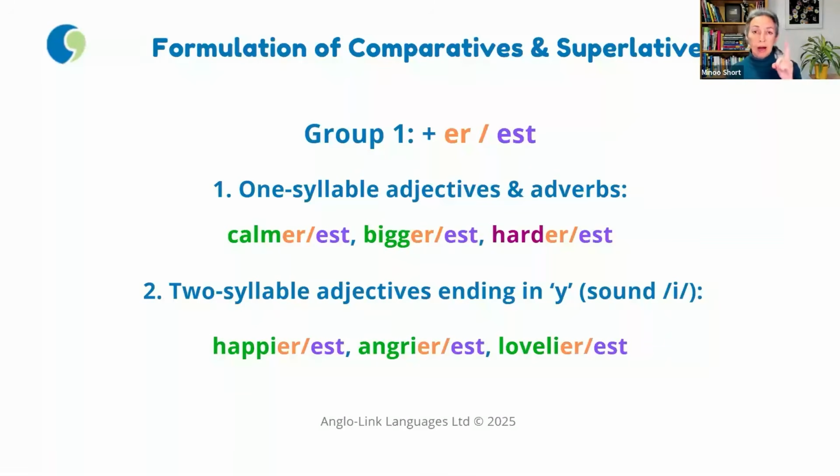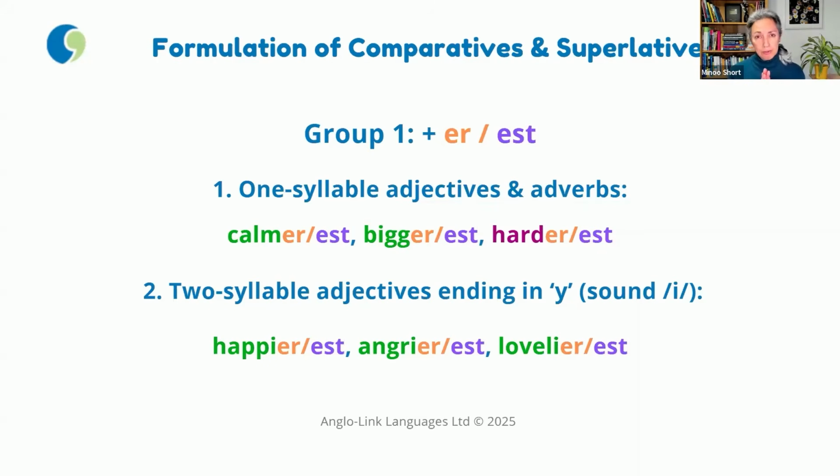For example, calm, 1 syllable, calmer, calmest. Big, 1 syllable, bigger, biggest. Hard, which can be an adverb or an adjective, harder, hardest. Also, the second category that takes ER, EST is 2-syllable adjectives that end in the letter Y or the sound